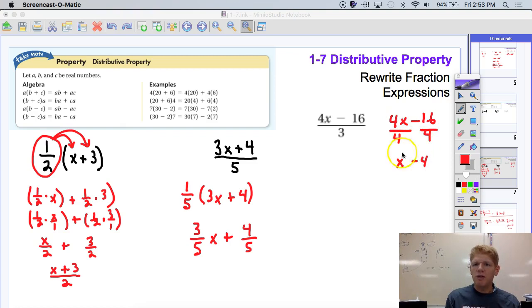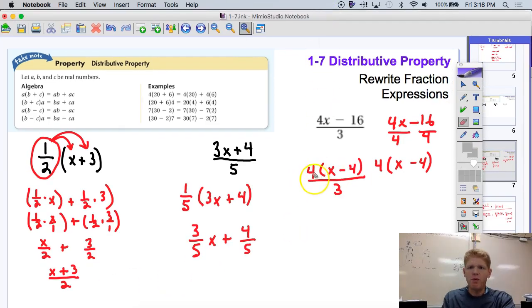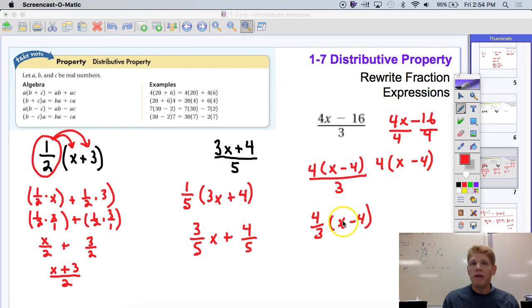And we can't just get rid of those 4s, so we'll pull the 4 out in front, and we'll get 4 times x minus 4. So we'll write that on top of the 3: 4 times x minus 4 over 3. And then I can see that 4 over 3 is a fraction, 4/3, times x minus 4. So I can simply write it out like this: 4/3 times x minus 4. We had to stop there in class,